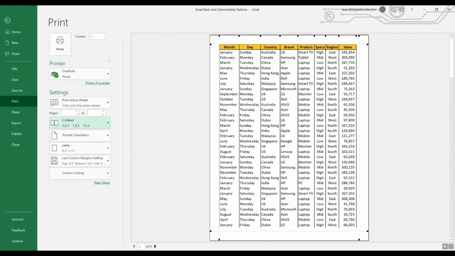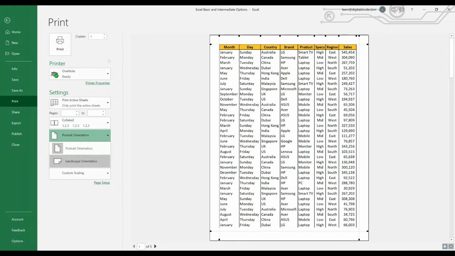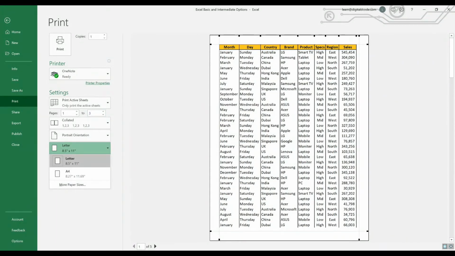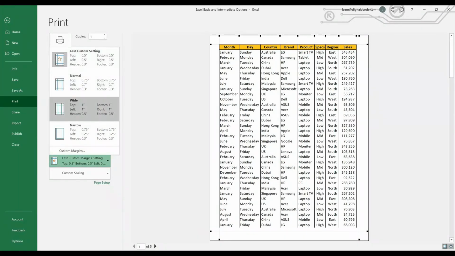And also we have portrait and landscape modes. Here also you can choose portrait and landscape. And if you want to choose the number of pages, in case I want to take print from the first page to the third page, I don't want any other pages, this is also possible. And if you want to set up the paper, whether you are going to take print in letter or A4, that also you can choose here. And this one has more to do with the margin. It's always good to adjust the margin manually instead of choosing this, that's a better one.